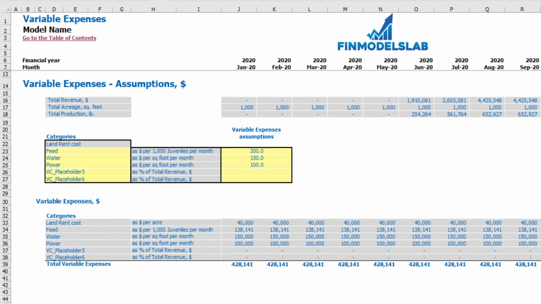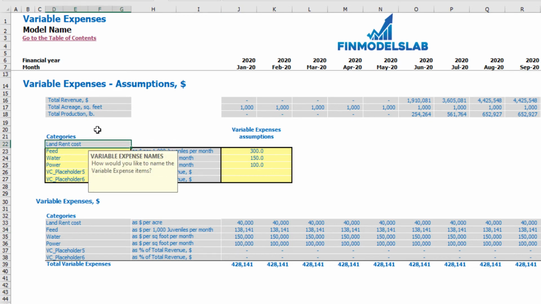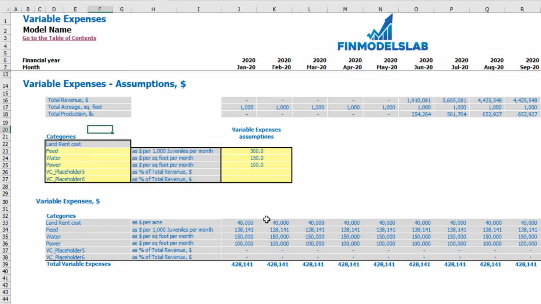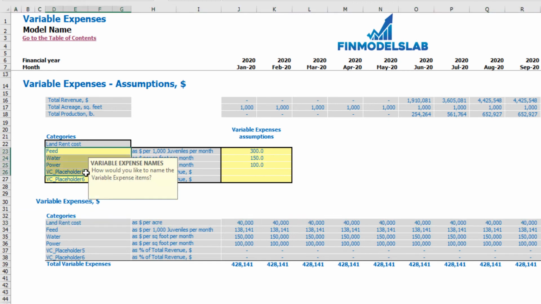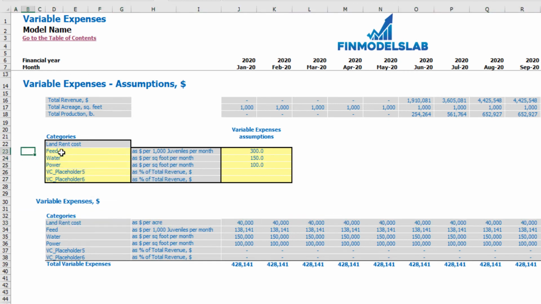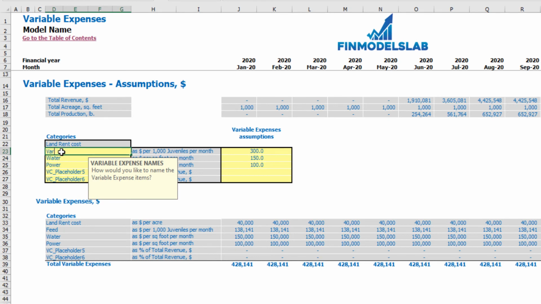On the variable expenses tab, you may see the 6 categories of variable expenses. The first one is land rent cost, which is already predefined by assumptions which you input on the dashboard, and the calculation of land rent cost you may see in here. The next 5 categories are changeable, so you may type something here, for example variable expenses other category or something like that,